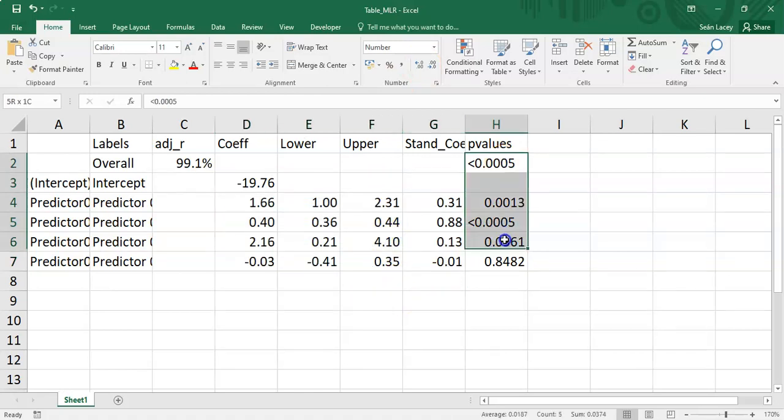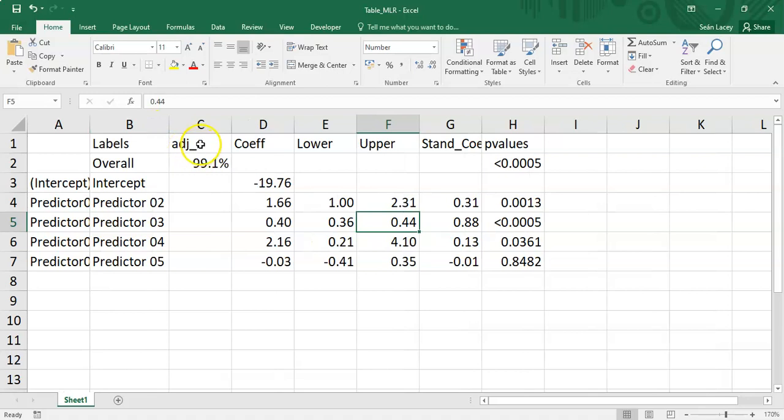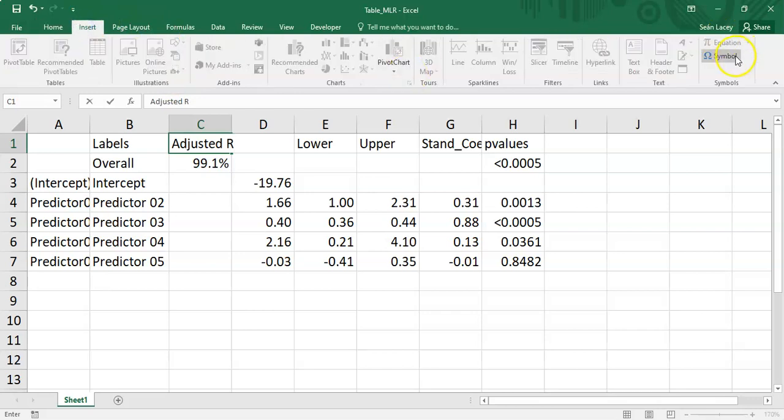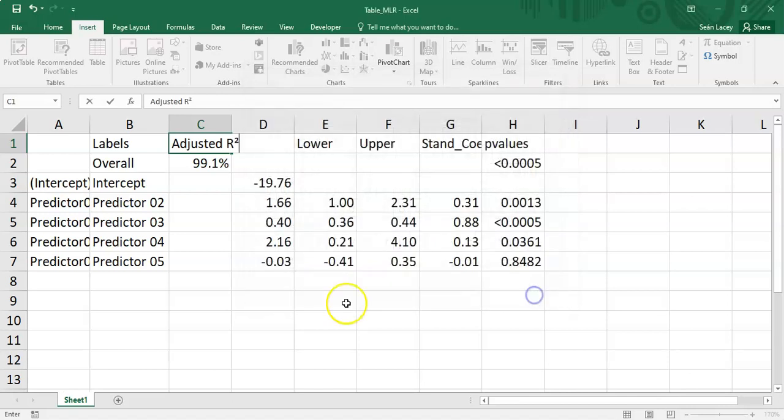All these p-values over here, I like them to be over to the right, aligned right, and then I'm going to widen that a small bit. And now I'm going to start putting in the names. So adjusted R squared, here putting in the symbol for squared. Obviously it's adjusted R squared that we look at as opposed to the R squared by itself when we're doing multiple linear regression. Then the next thing here will be regression coefficients,